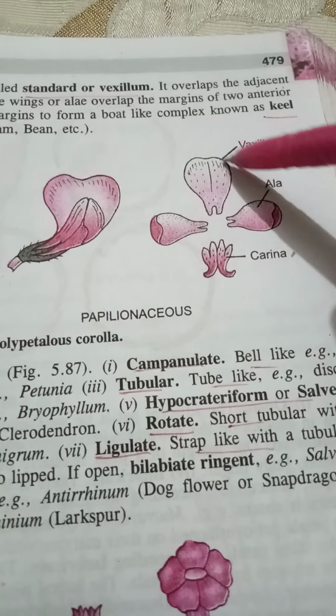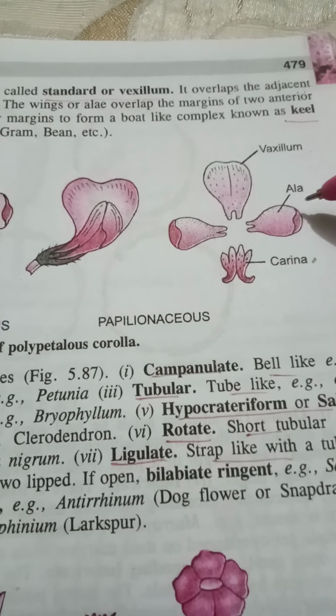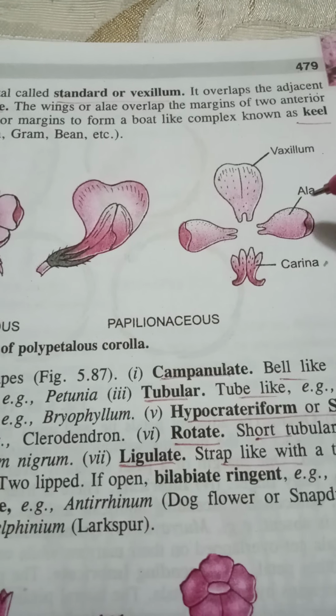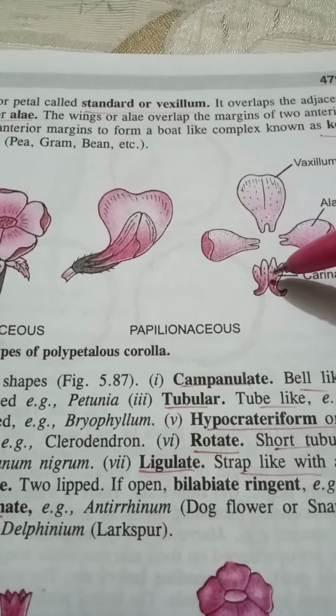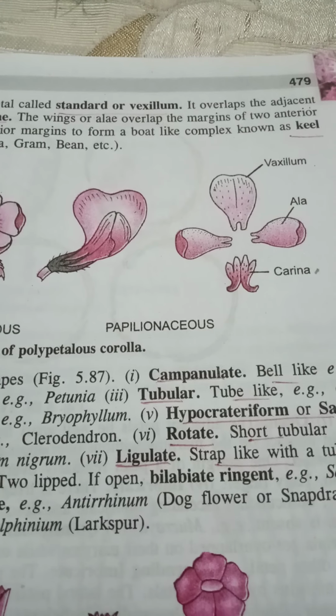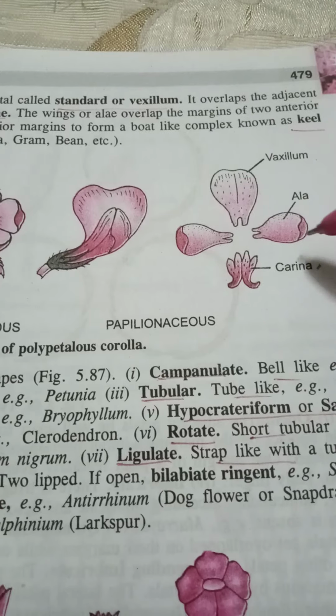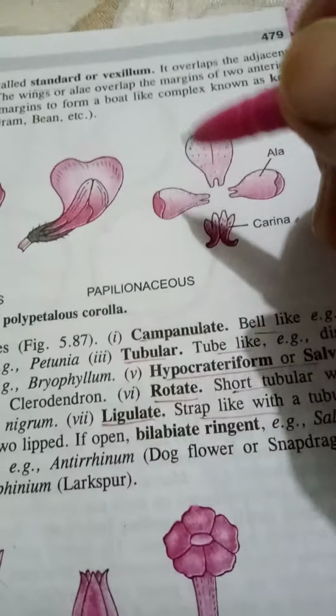The larger one is known as vexillum. The smaller 2 are known as wings or alae, and the smallest one, where the petals are just joined at one portion, is known as carina or keel. So here we observe 3 different types of petals. This is Papilionaceous. Then Gamopetalous